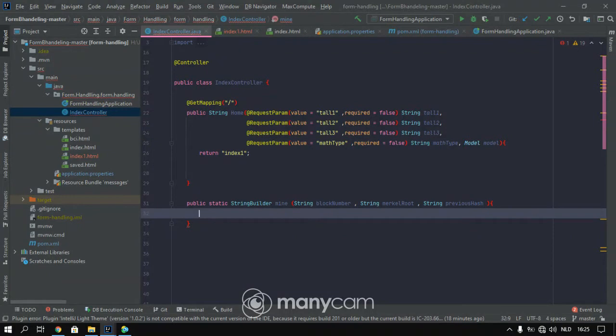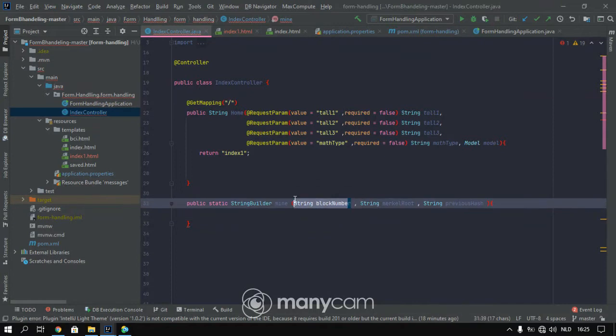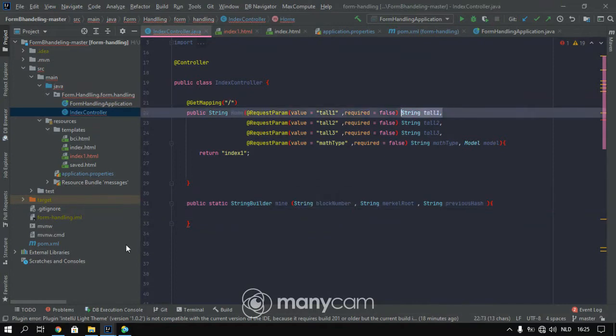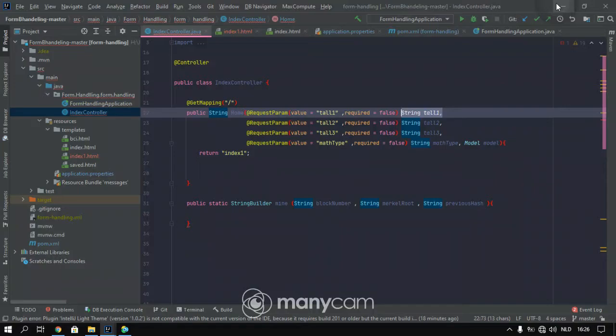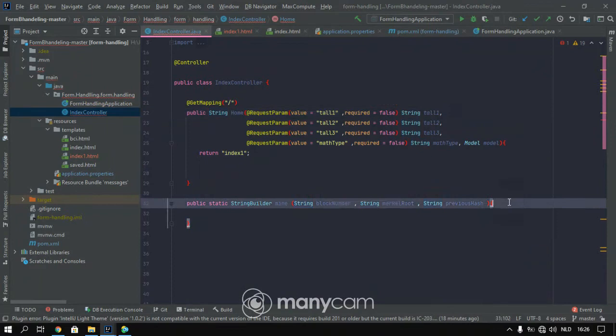Okay guys, sorry for that, I had to take that. Okay, what I want to do, I want to make a mining method. And what it means is we have to accept those things, a string block number, what the user is going to type there in our form here, and so on. Okay, what I need more here, look,